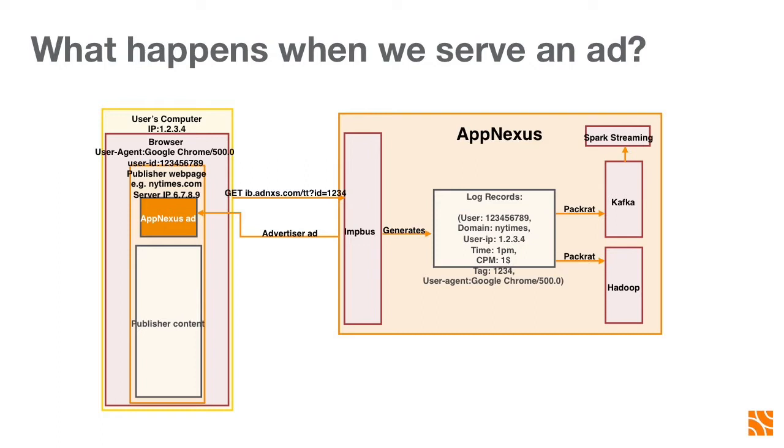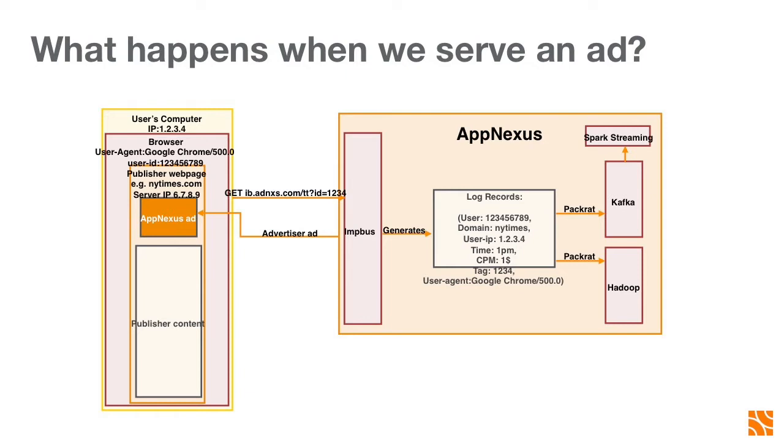So, all right. With that, I want to change gears a little bit and describe in some detail what happens when we serve an ad on our platform. And as Catherine was saying, there are quite a lot of them. On the left here we've got many boxes that represent what might happen on a user's computer when they're on some website, such as the New York Times. Their computer has an IP address, which is like a street address for your house. It's a unique identifier that says where you are on the internet.